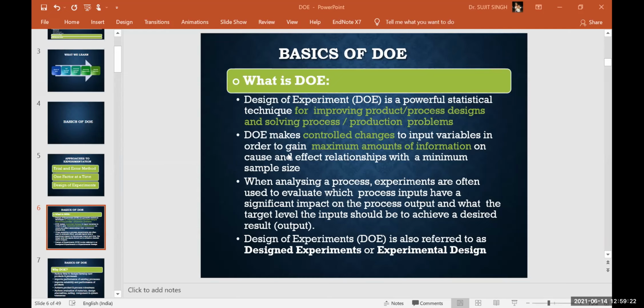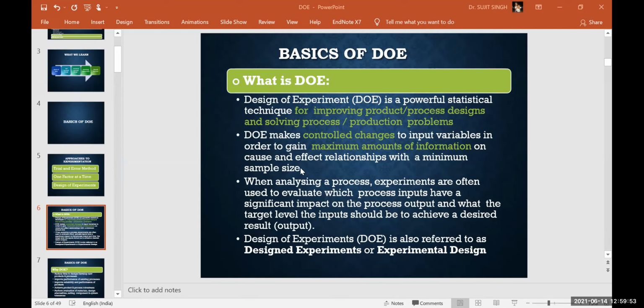And we try to find the maximum amount of information. Once you have performed the experiment, then during the analysis phase you are going to get the information. Information on what? That is the cause and effect, simple hypothesis testing. If this is done, then that will happen. So what kind of cause and effect relationship, right?